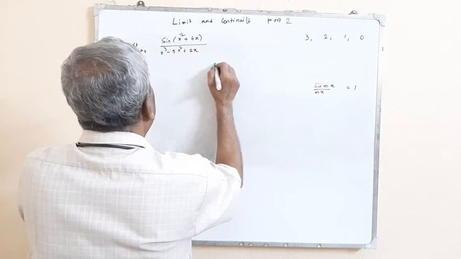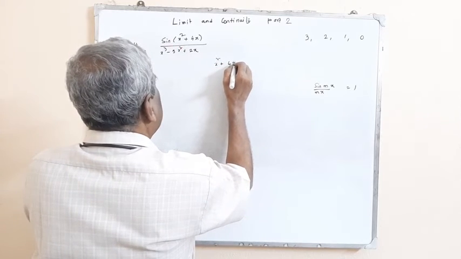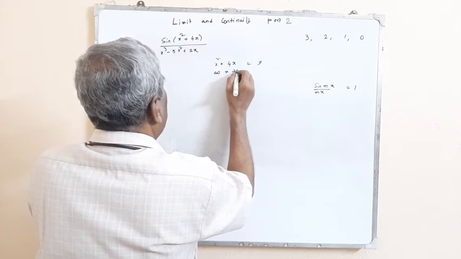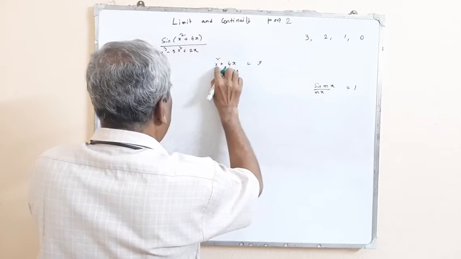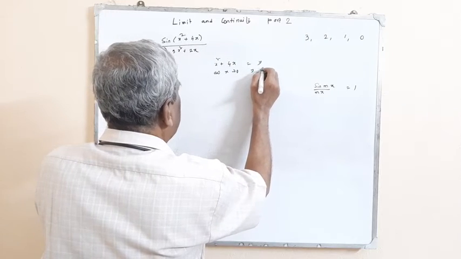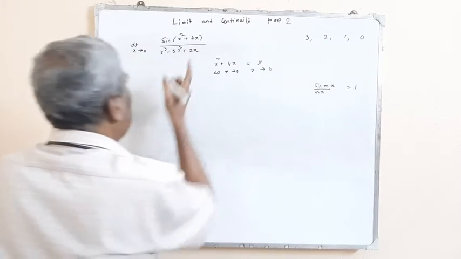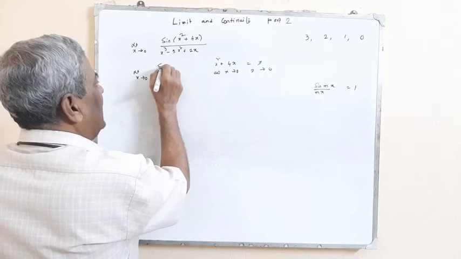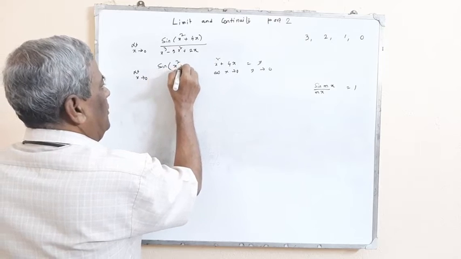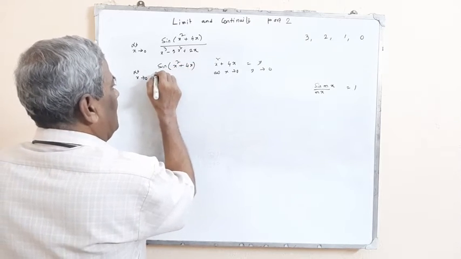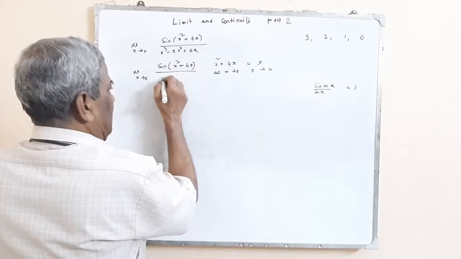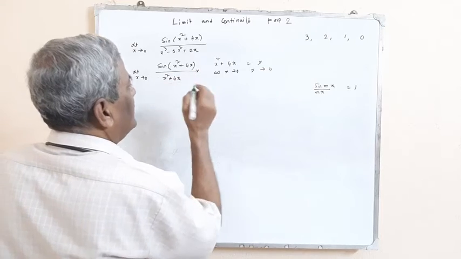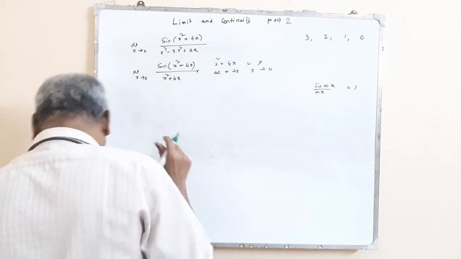If we take x square plus 4x equal to y, then as x tends to 0, y also tends to 0. So we can write it like this: limit x tends to 0 of sine of (x square plus 4x) by (x square plus 4x) into, now we have to adjust it,